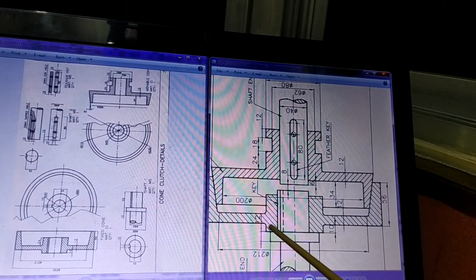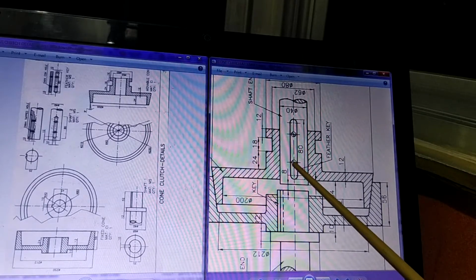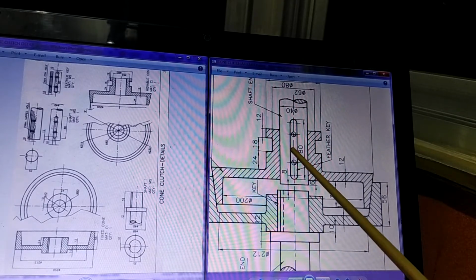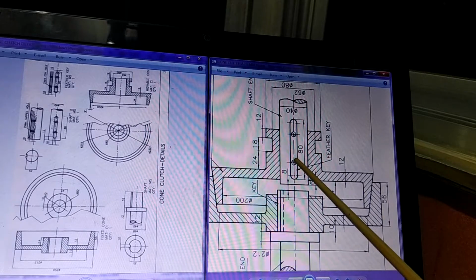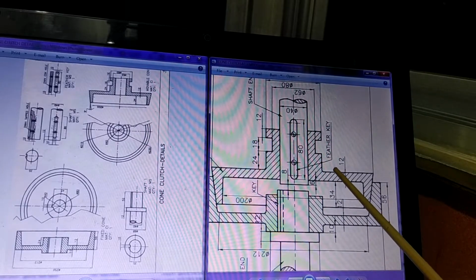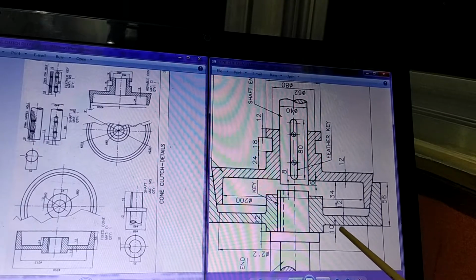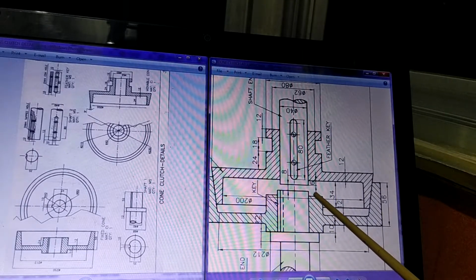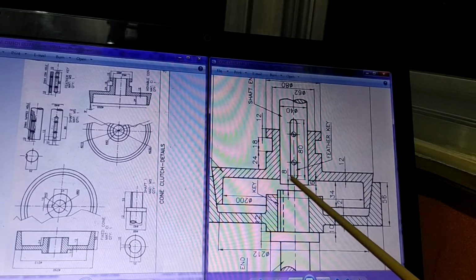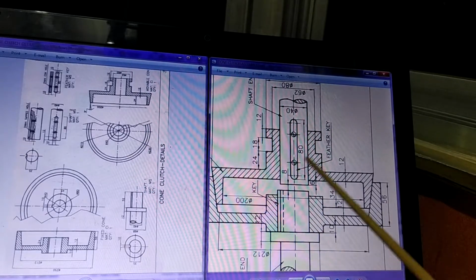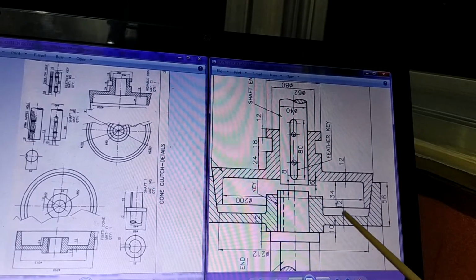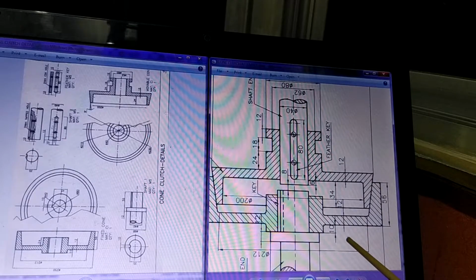Earlier we explained that this was a question and this was the answer. When this is a question, that means you have to draw individual part drawings. At that time you need to know the dimensions of each of the parts. So that is the only reason why these dimensions are shown here. But when you are drawing this as an exercise, as an answer to this question, you are going to draw this figure, but these dimensions you are not going to draw.